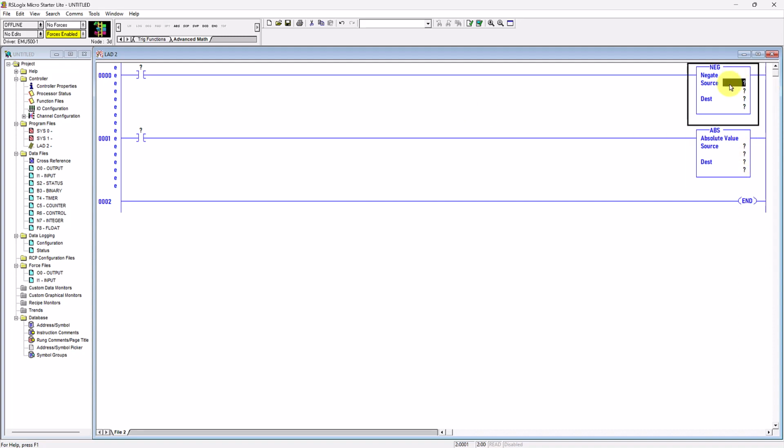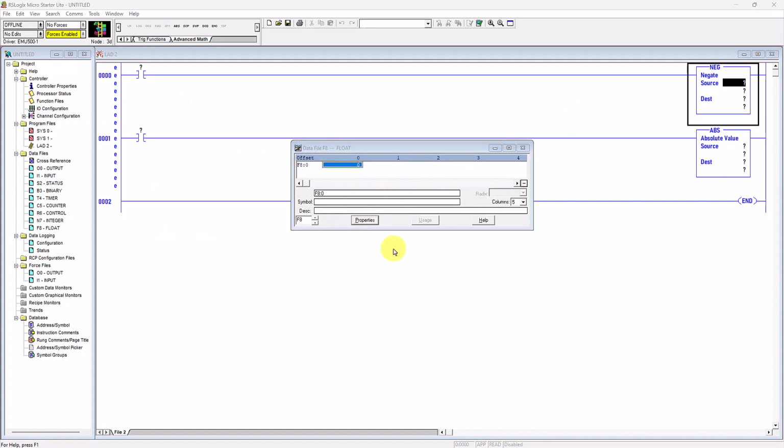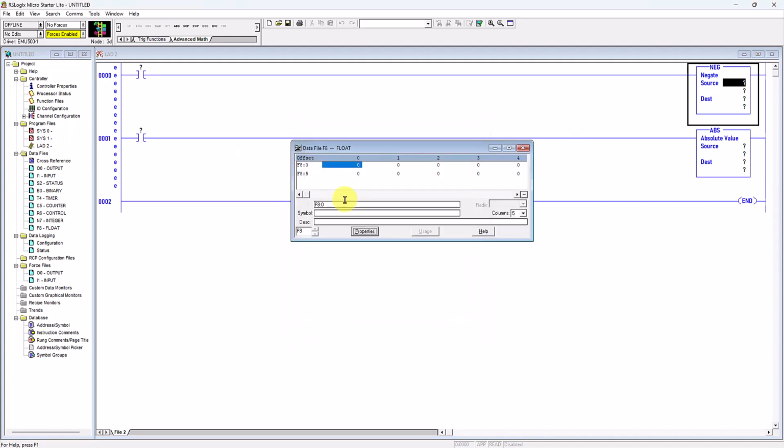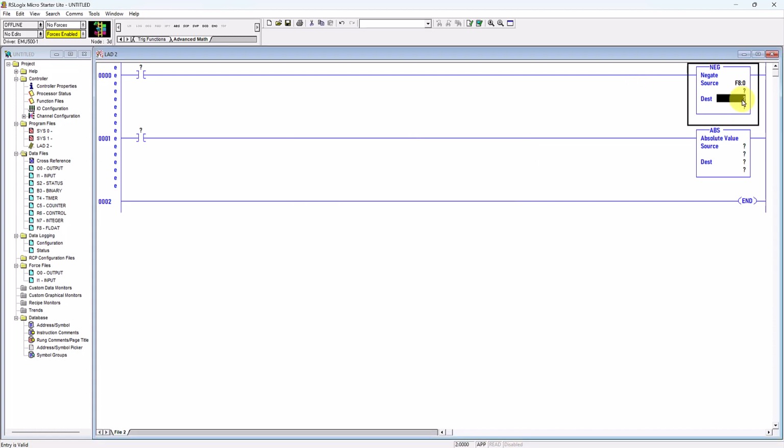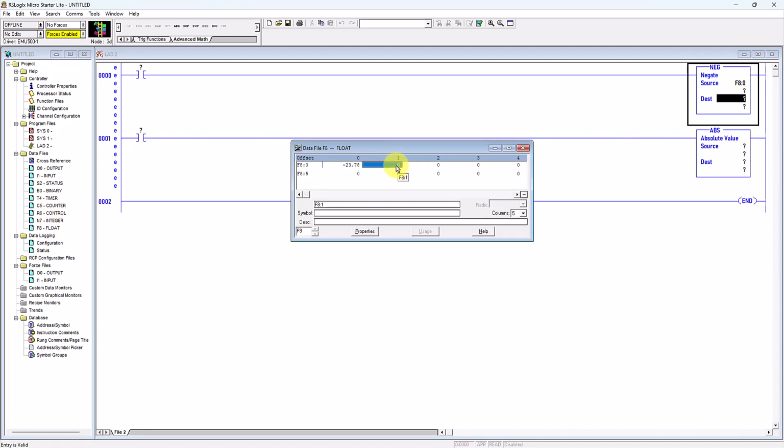So as I mentioned earlier, this source must be the address, not a constant value, but source B can be a constant or an address. This time I will use floating point. I click properties and increase the elements. This one is an address and can be dragged to here. Maybe I will insert negative 23.78. The destination I will put as F8, or floating point 8,